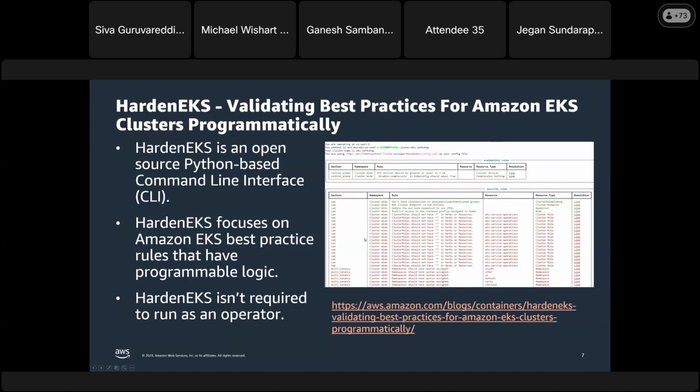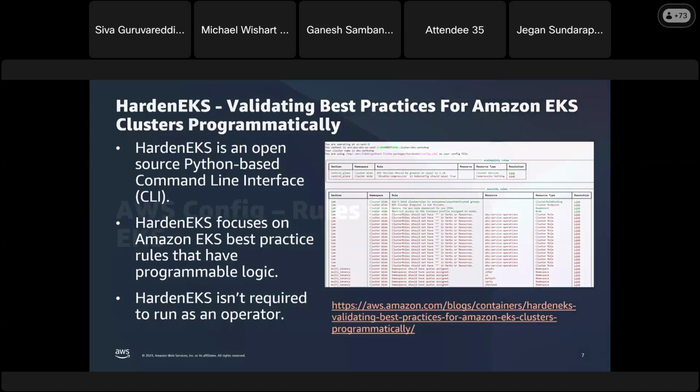The screenshot that you see here is a sample of the output that you can generate with Harden EKS. It runs checks across different domains like security, resilience, cost, etc., and identifies the issues in your EKS cluster with links to resolution. I would like to make sure that you are aware of this. This is one of the best starting points as you're implementing best practices for your EKS cluster.